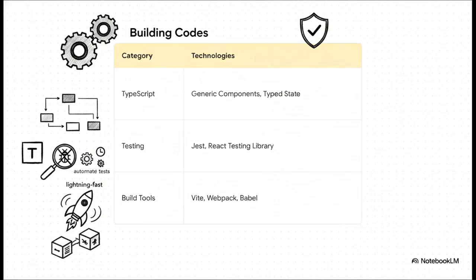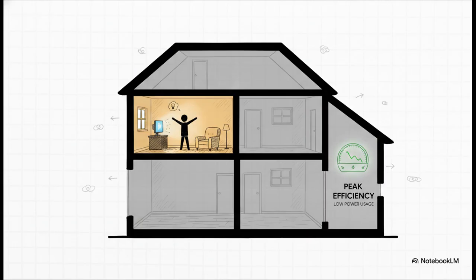It means writing automated tests using Jest and the React Testing Library to catch bugs before they even happen. And it means using modern lightning-fast build tools like Vite, along with Webpack and Babel, to package the whole shebang together cleanly. Furthermore, to ensure your house runs efficiently without racking up a massive electricity bill, you have to master